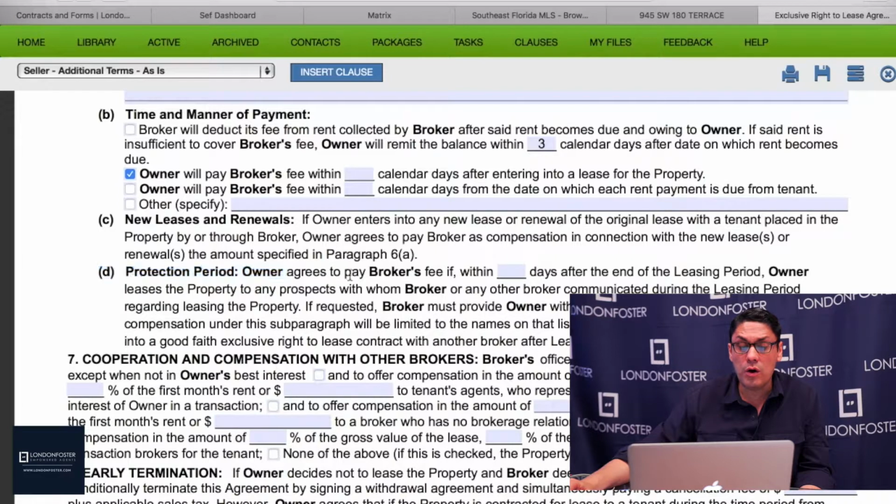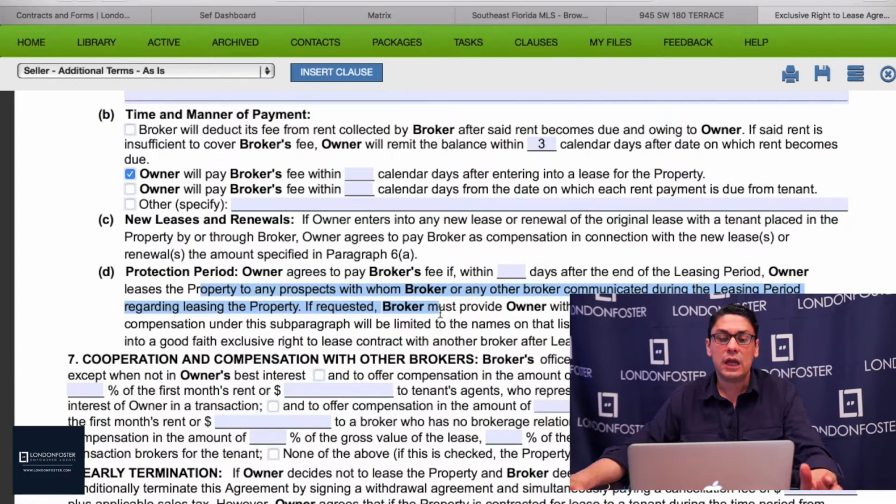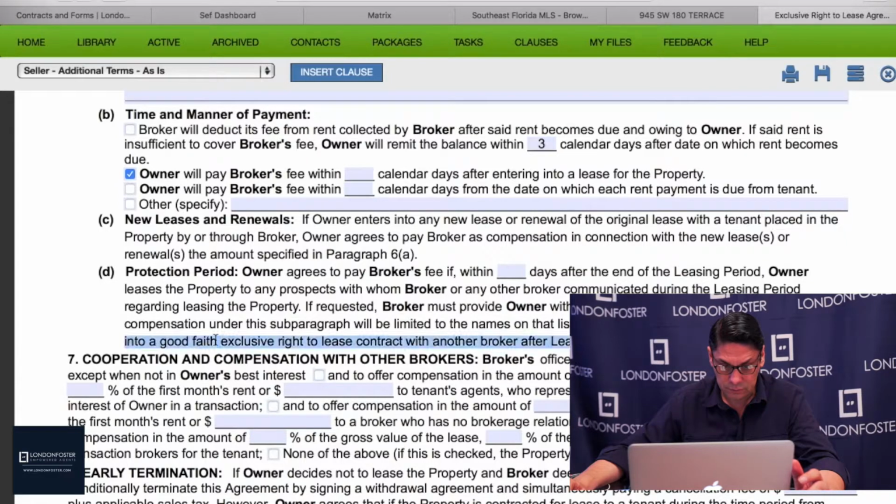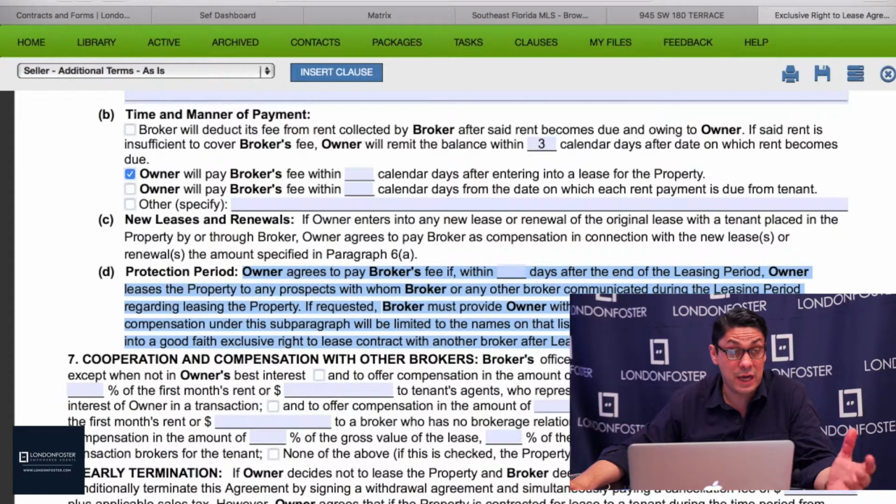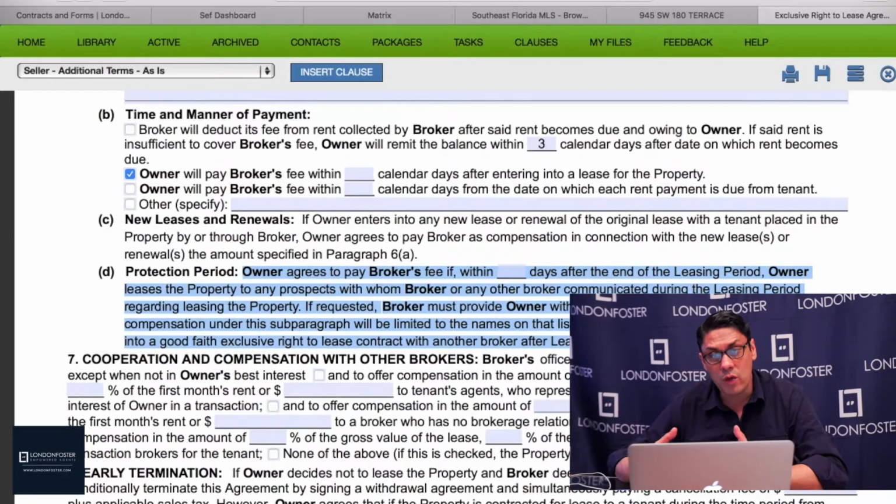Protection period. Owner agrees to pay the broker fee if, within a certain number of days after the end of the listing period, owner leases the property to any prospect to whom the broker or any other broker communicated during the lease period regarding the lease, if requested. Basically what this talks about is that you're being protected for those dates that you specified before, that you are the representative if anything was to happen within that